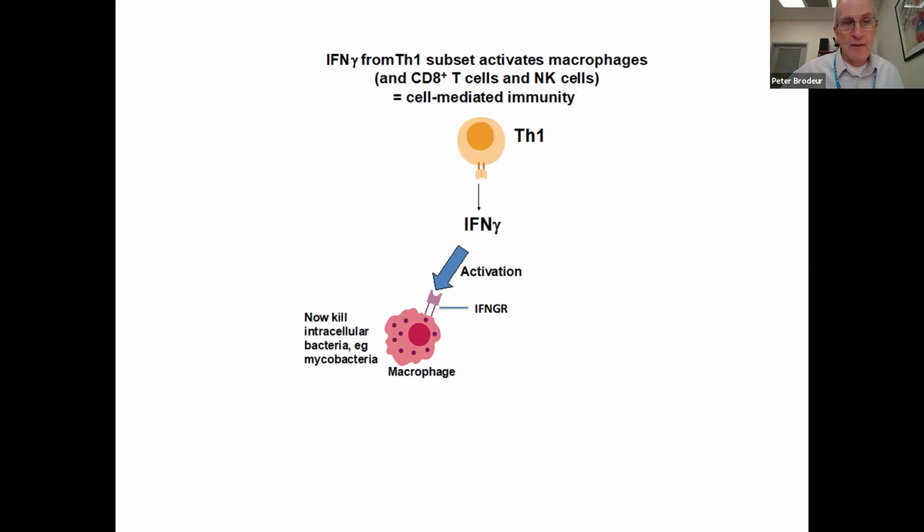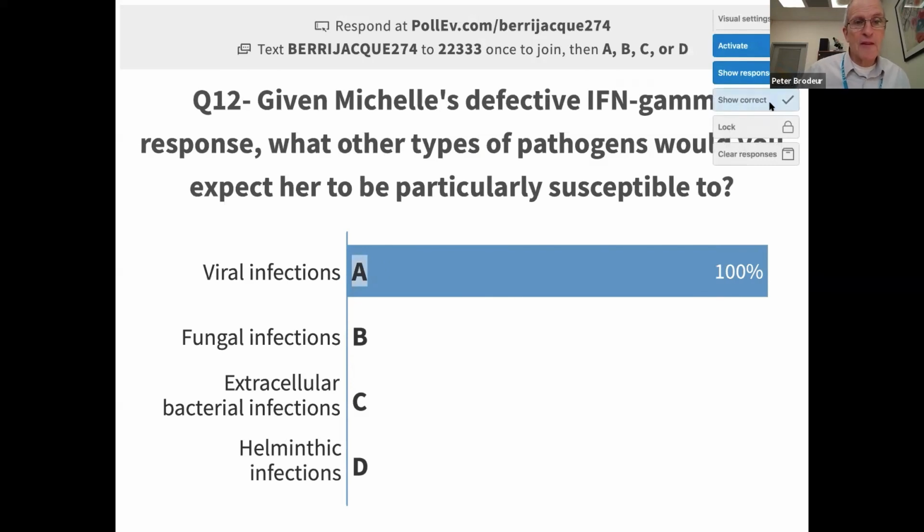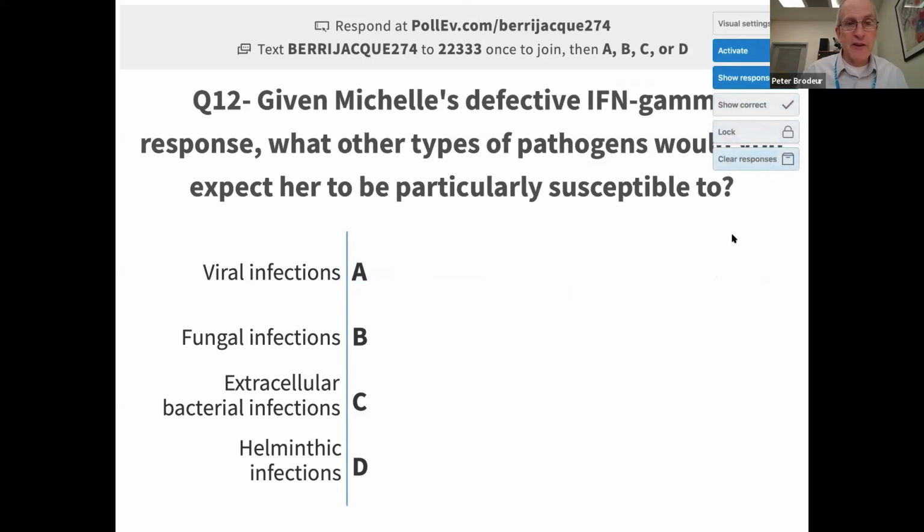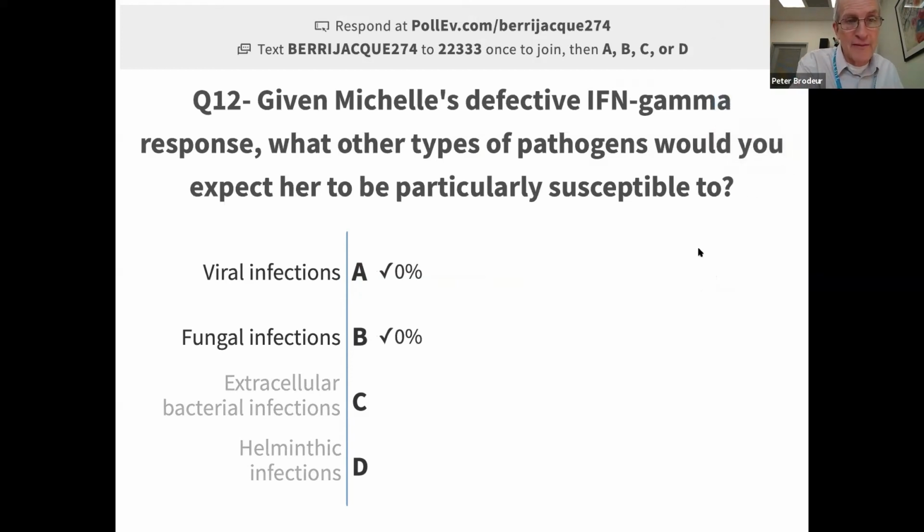So if we go to the other question. Given Michelle's defective interferon gamma response, because she doesn't have the receptor for interferon gamma, what other types of pathogens would you expect her to be particularly susceptible to? So the choices are viral infections, fungal infections, extracellular bacterial infections such as streptococcus or staphylococcus, or helminth infections, that is, infections with worms. And the answer is that viral infections and fungal infections would also be a problem for